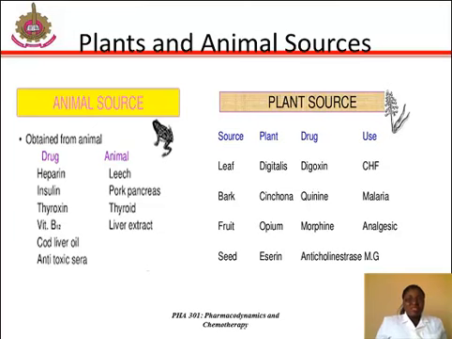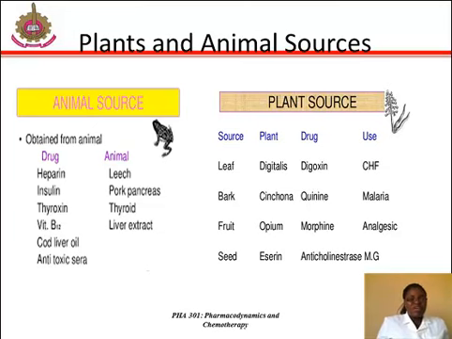Animal sources. The pancreas is a source of insulin that is used in treatment of diabetes. The urine of pregnant women too can give human chorionic gonadotropin hormone, which is used in treatment for infertility. We can use the sheep thyroid, which is a very good source of thyroxine, and it is used in hypothyroidism. From the picture on your screen, you can see different sources of drugs that are gotten from both animal sources and plant sources.